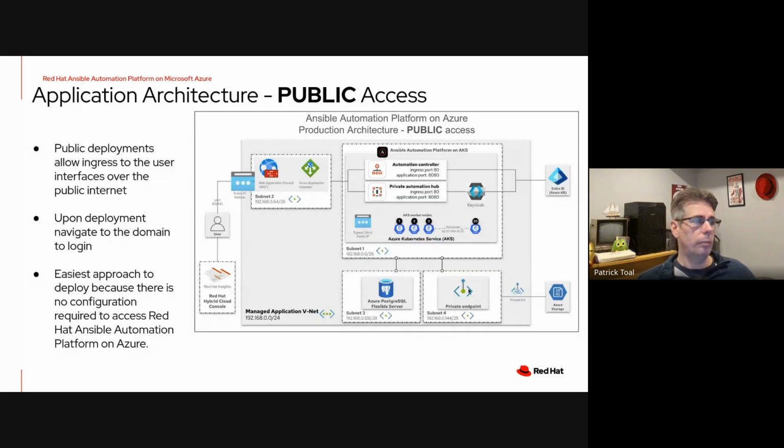So what does that look like? We have two options, right? So we have public access. So it doesn't mean anybody in the world can access your Ansible, but it does mean that the front end login is on the internet, right? So you log in, you authenticate through the front end, and then all the bits are running in the background. So this is what most people don't want, that I talk to anyway. Some people don't care, but most people say, well, we really want it to be within our